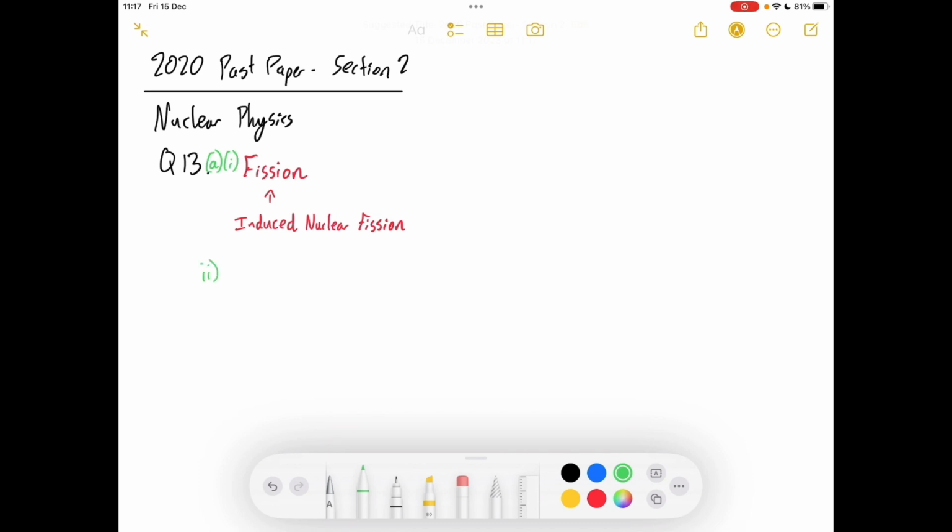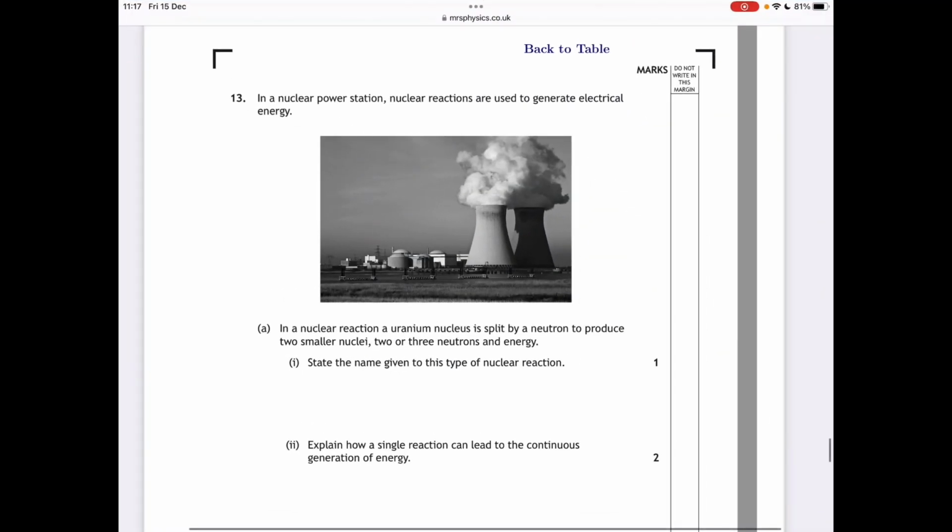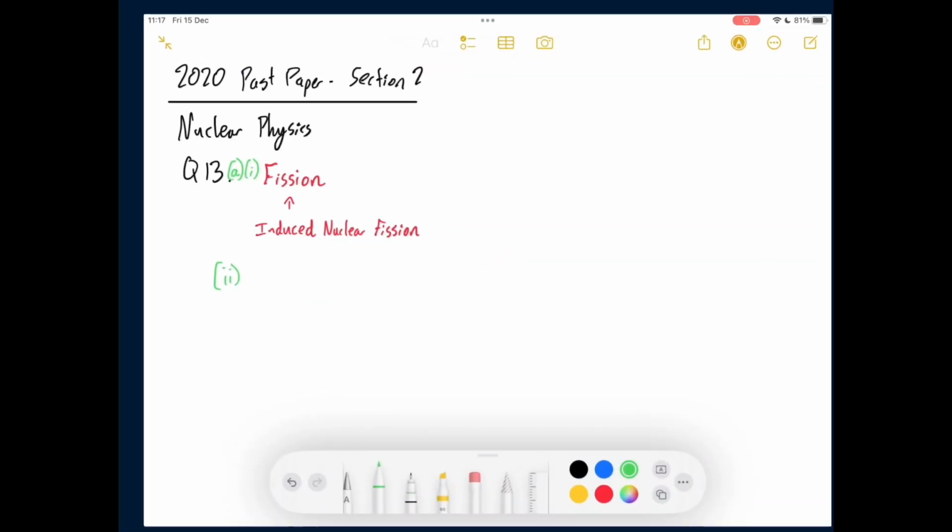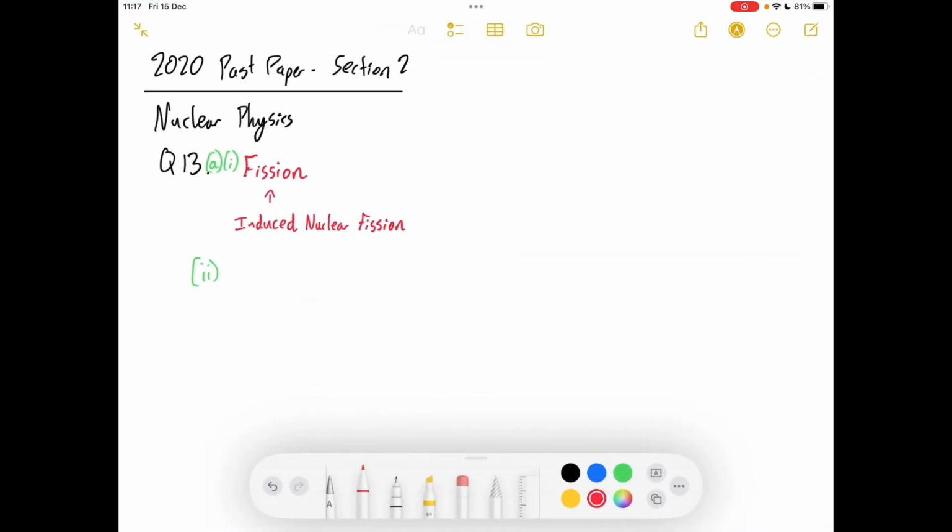Part II, well, following on from that, explain how a single reaction can lead to continuous generations of energy. So how can one reaction lead to more and more and more? So it's 2 marks, so you need to say 2 different things here. First thing you need to say is something along the lines of the neutrons that are produced in the first reaction